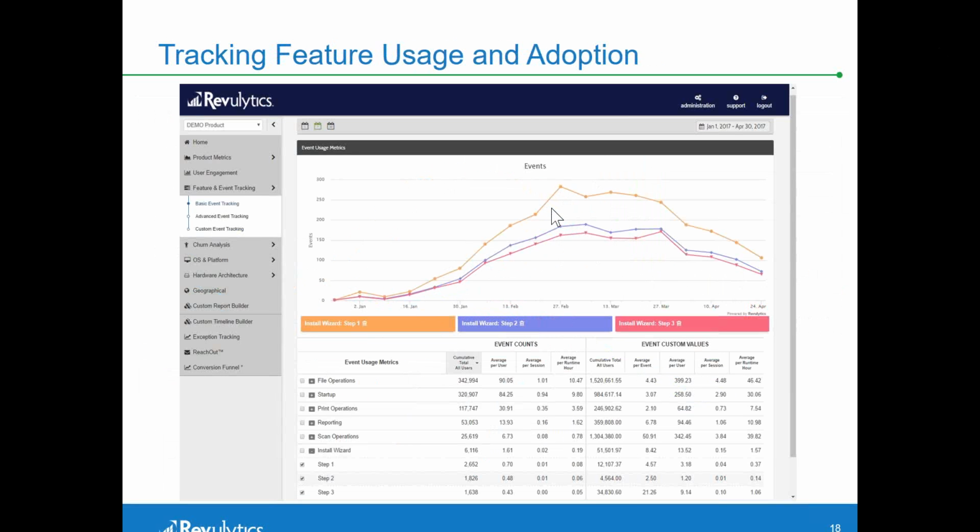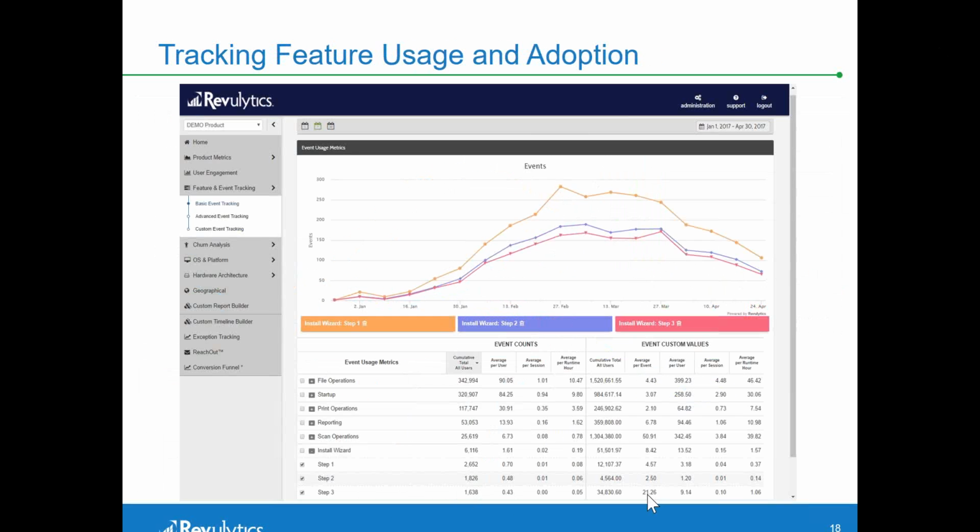So the difference here, the delta you see, is the number of people who launched the wizard but never made it to step 3. And if you see it in numbers, this amounted to like 1,000 users here. So this is a very evident illustration that gives you evidence on how many people are getting stuck in your install wizard. In this particular case, the company went back and looked at the UI of the wizard, seeing how long people are getting stuck on the wizard. And here you can actually see in step 3, people were getting stuck for 21 minutes. So you can very, very easily create a fix to